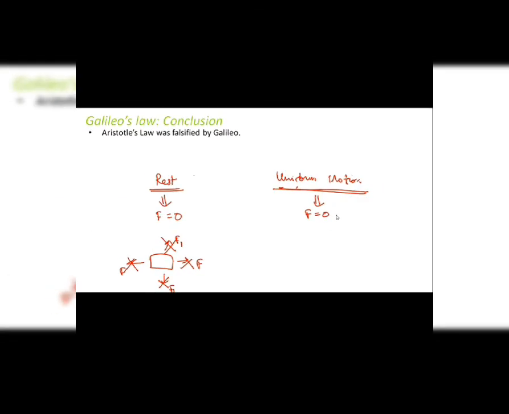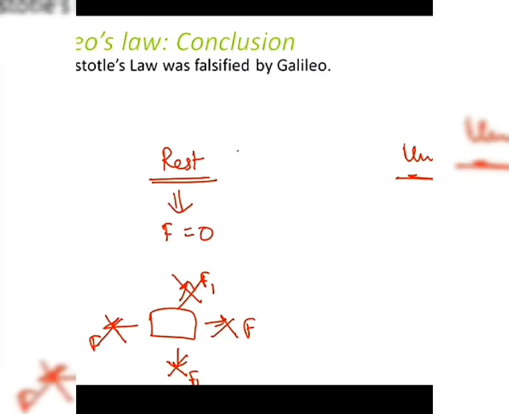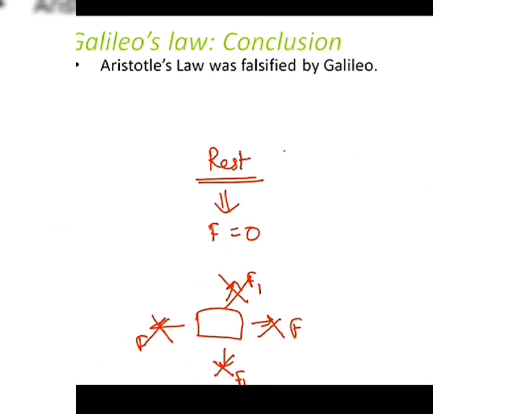So, does that mean there is no external force acting on the body? No, not at all. That is why I spoke about balanced and unbalanced forces. Maybe balanced forces are acting on the body. Maybe there is an object here, and there are so many forces acting on it, but they are all balanced, as you can see. So this means that the body is at rest when the net force acting on the body is zero. Balanced forces are acting, but the net force is zero. It means the body is under the influence of balanced force. And he told that